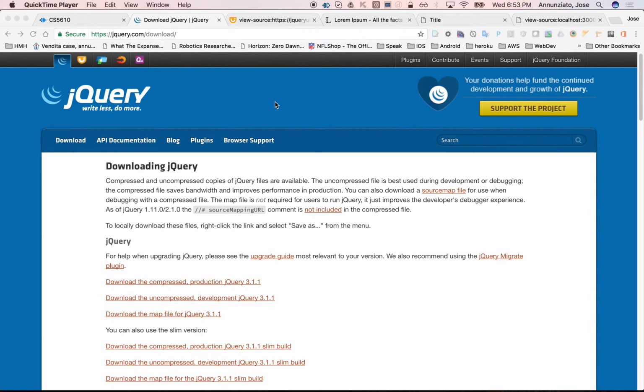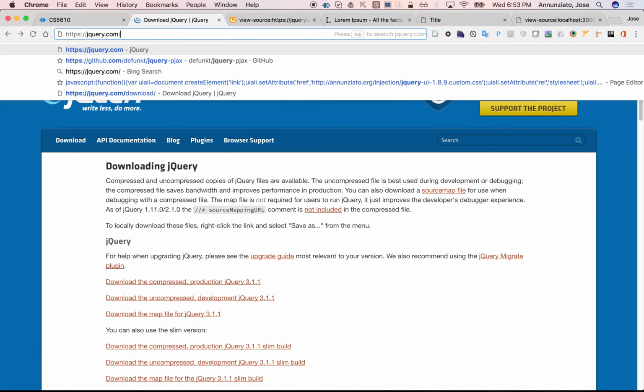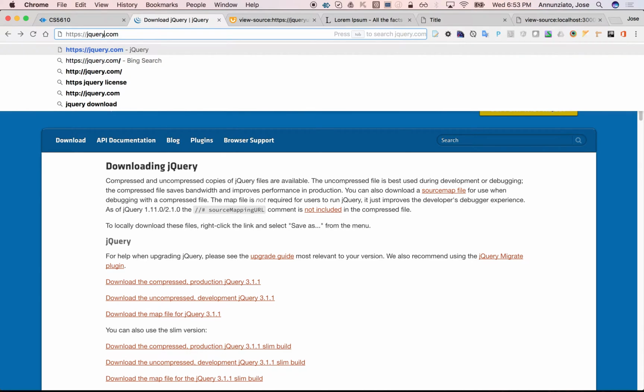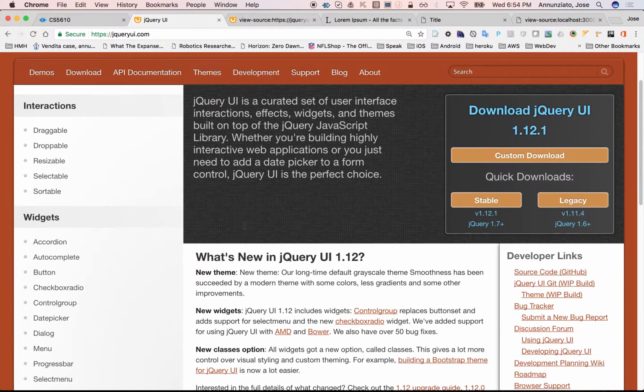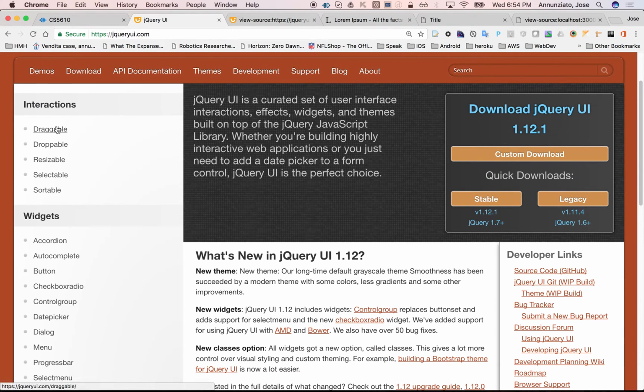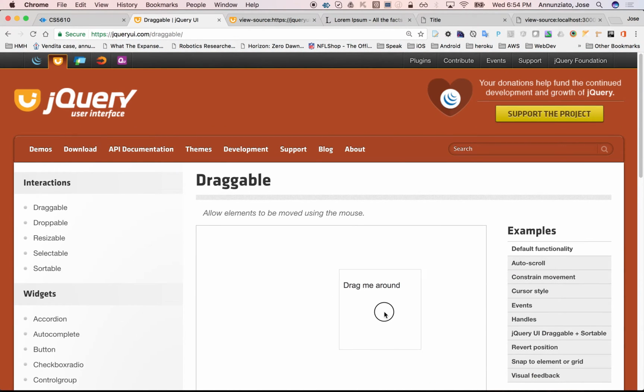All right, once again, we just took a look at the jQuery library that adds an API to be able to manipulate the core DOM. Let's take a look at another library that's also very popular, the jQuery UI library, which is an extension to the jQuery core functionality that adds all sorts of really cool interactions and behaviors, like for instance being able to drag elements around the screen,